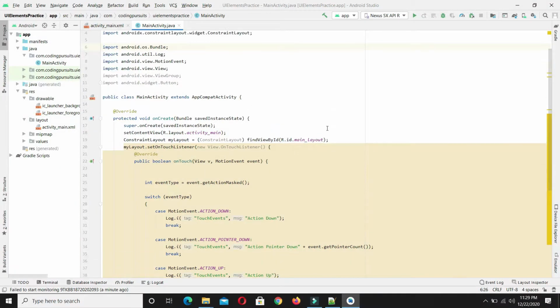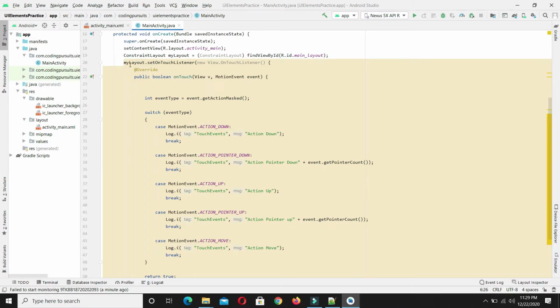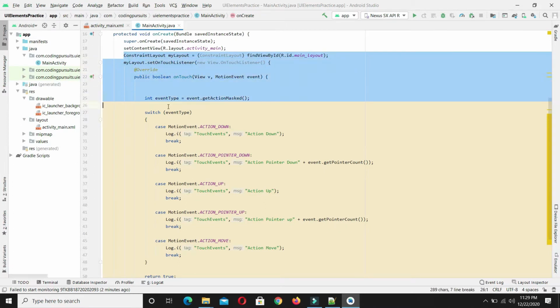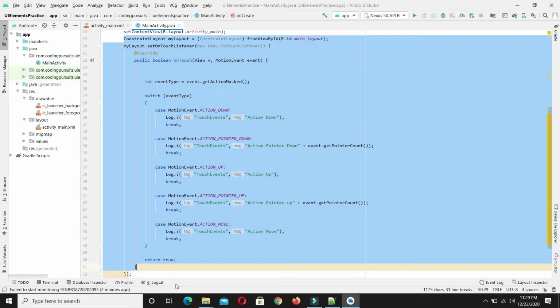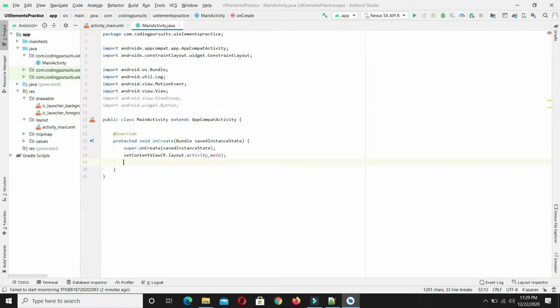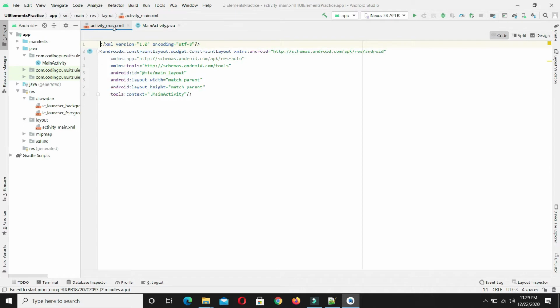So guys, let's remove the previous code related to touch. Now our strategy is to detect all events on a view. We will use an image view for this purpose. Let's draw that image view. For this we have to go into the activity main XML file. Select the design mode.